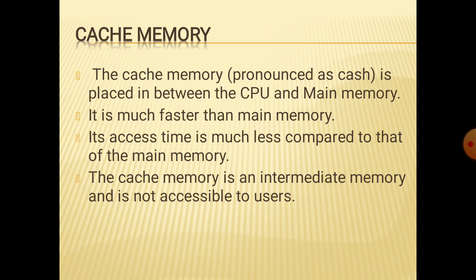But a copy of what is there in your main memory, whatever data was in main memory, is always there in cache memory. So when the CPU wants to perform any processing, and if in the middle it needs